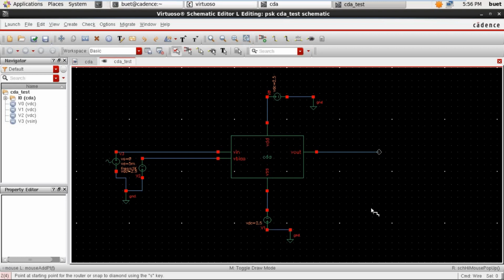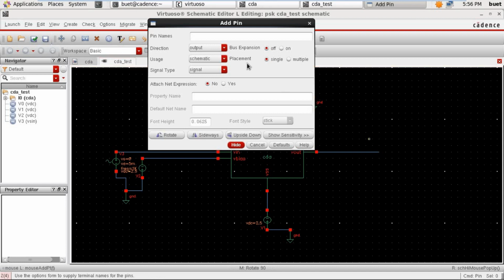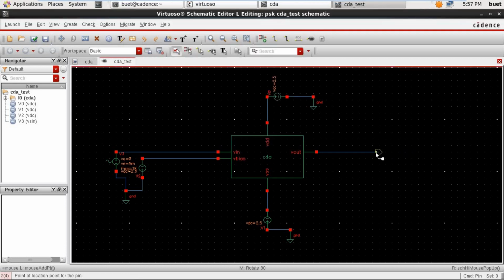For the Vout, we place a pin. Direction should be output. Hide. Place the pin at the output side. We save it.